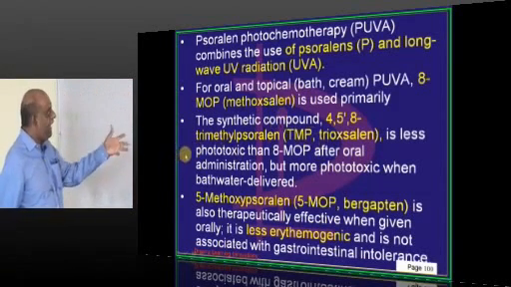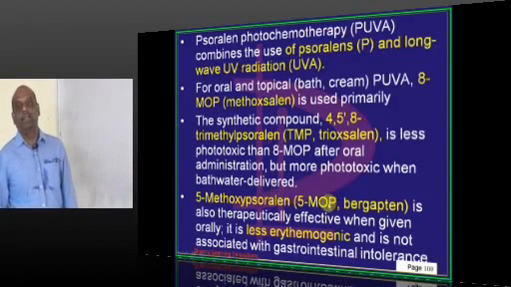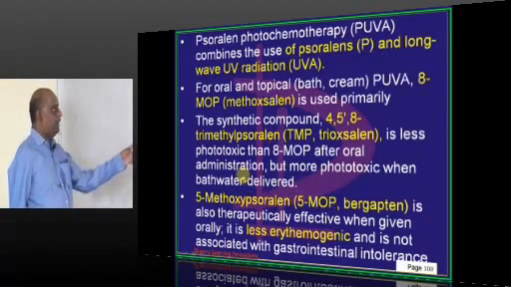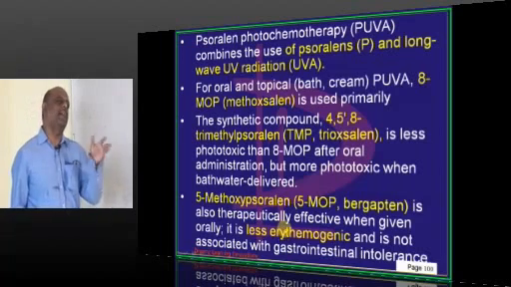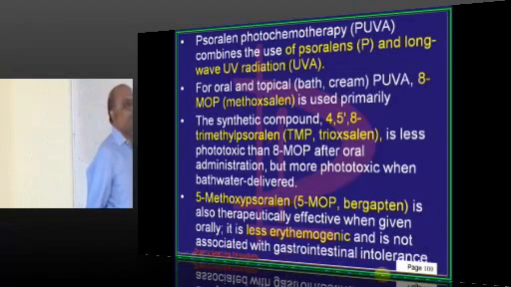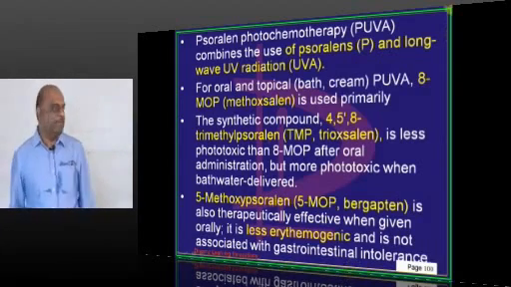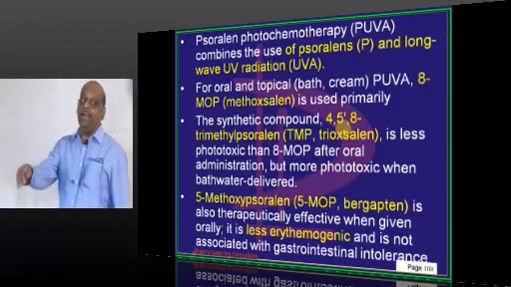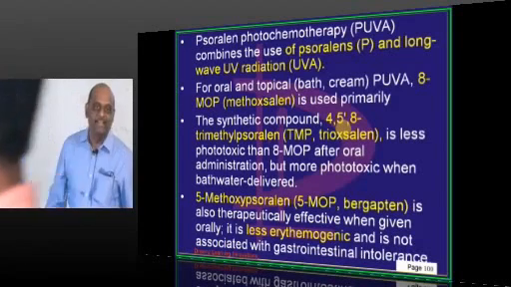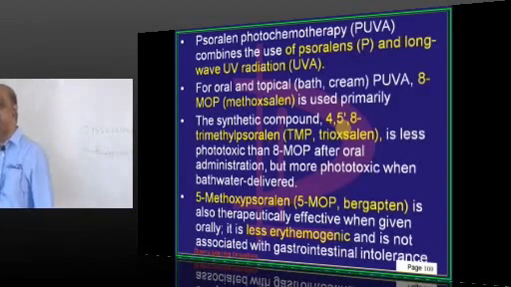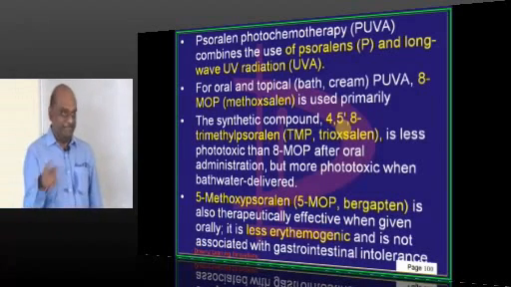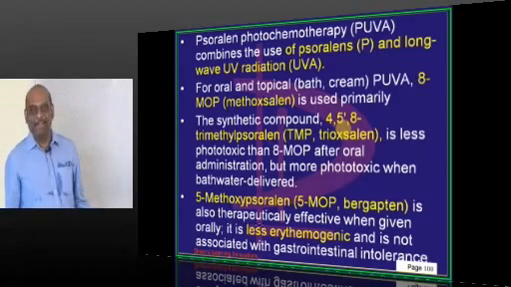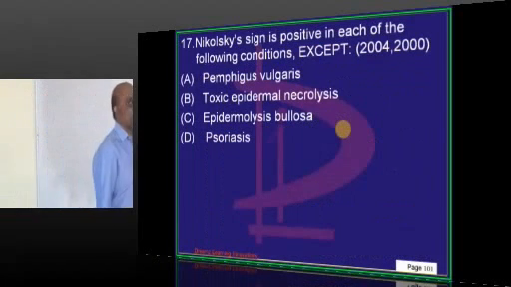So, we use 4,5,8 trimethyl-psoralen and similarly 5-methoxypsoralen. I leave the literature for you, differences between psoralens. They really don't ask. Only for our internal satisfaction we need to read so many types of psoralens, etc., etc. To know that psoralen is given in psoriasis itself is the highest level of academic mania, with a single-minded obsession that we want to get an MD seat. Right, without seeing a psoriasis patient also, we are reading all this, that is an anomalous scenario.